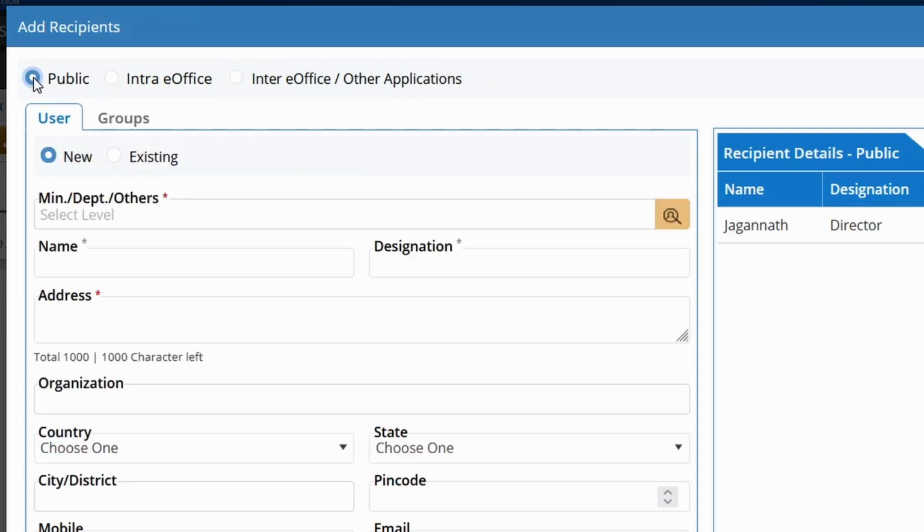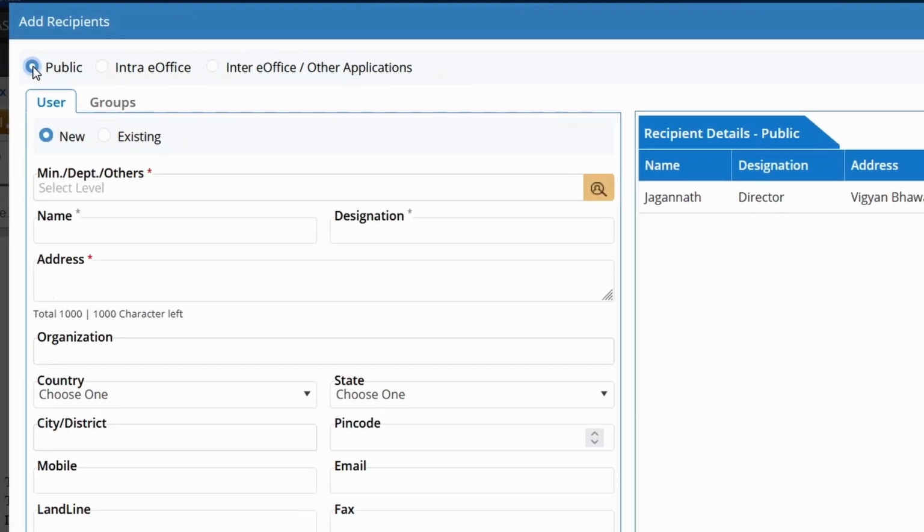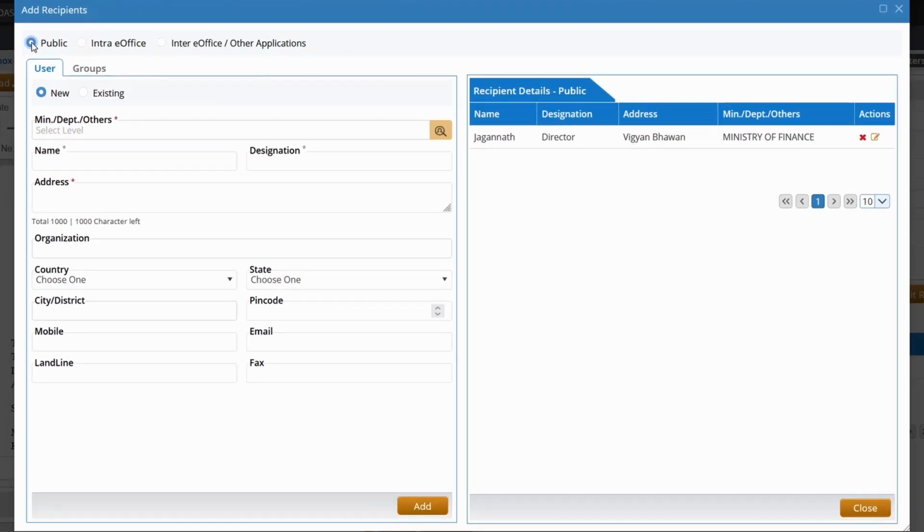On choosing Public, which is the default, you may enter recipients' details who are either a non-government entity or not using e-office and then click Add at the bottom. Once added, this will reflect on the right side of the pop-up window. Ensure that you enter email ID and mobile number details, since this will help deliver the draft letter via email